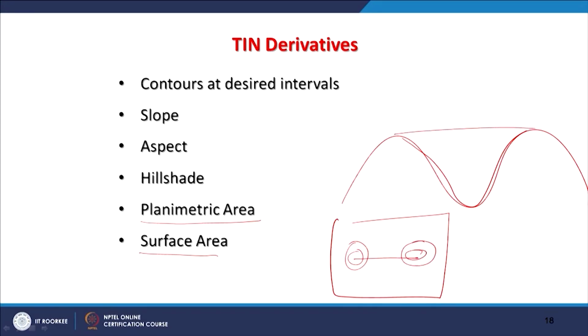So this length is always going to be less than this one, which is always going to be greater. Consequently, when the length is more in the case of a surface, the area is also more. So whenever you are calculating area using a surface, either TIN or digital elevation model, please use the surface area, not the planimetric area,